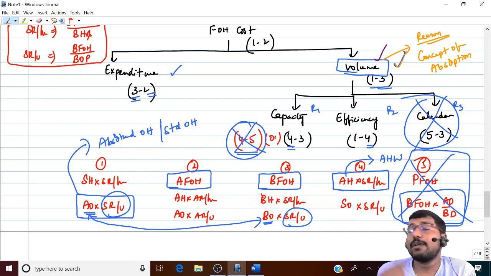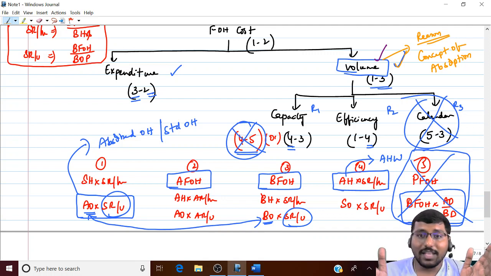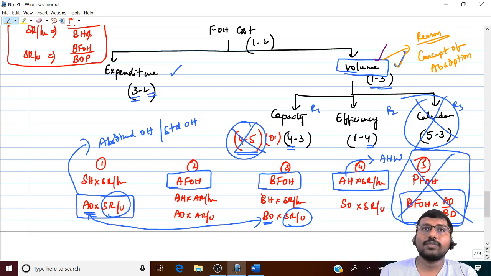What changes with respect to fixed overheads is not these two. The nature of fixed overheads still remains the same. Absorbed fixed overheads will change. In the sense, you will absorb either more or less because of change in volume. And that's the concept. So the nature of fixed overheads is still intact. It is not getting disturbed. But what is getting disturbed? The amount of fixed overheads that you absorb. So if there is change in units, the absorbed overheads will change.